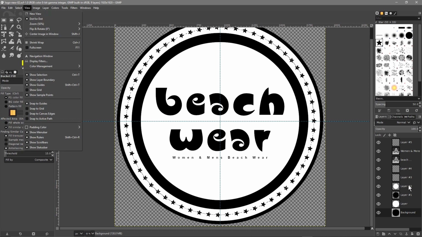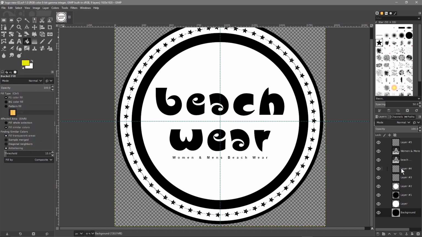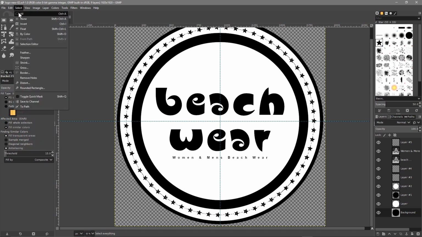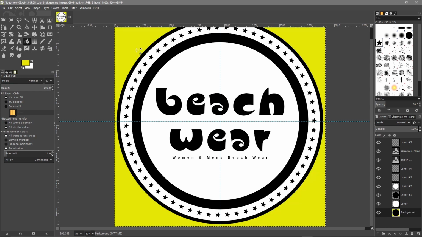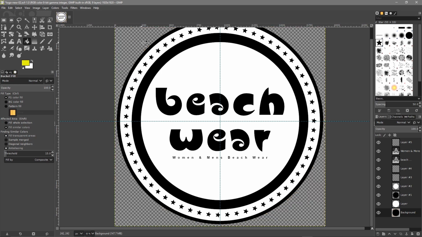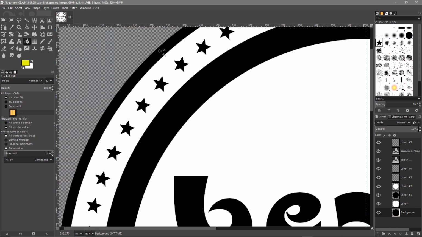This one's still selected, right? So if we click select none, then click on this bottom layer, we should be able to fill it in. We have to be a bit careful what we click on. So if you end up filling in the background, press Ctrl Z and then zoom in a little bit and try and get it